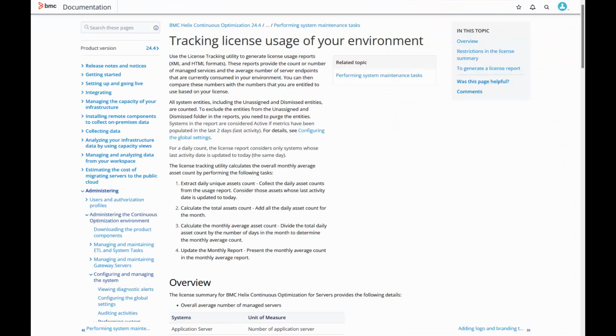For more details on how license tracking usage works, access the license tracking usage of your environment page on the official documentation that is linked in the